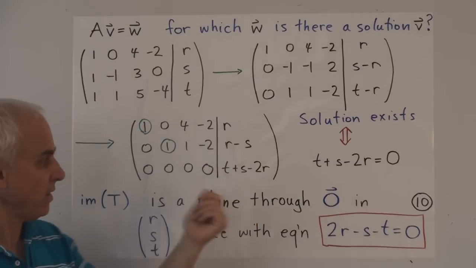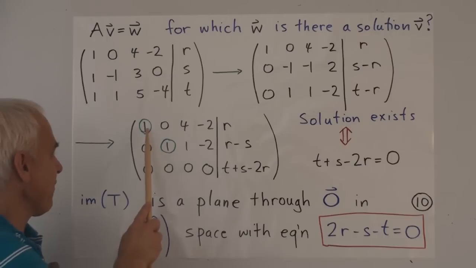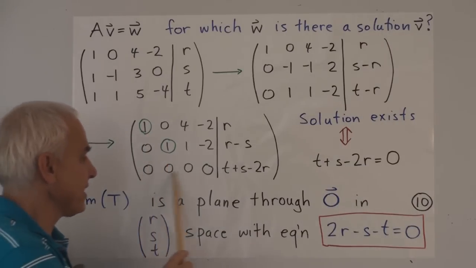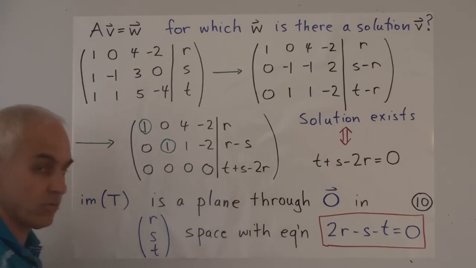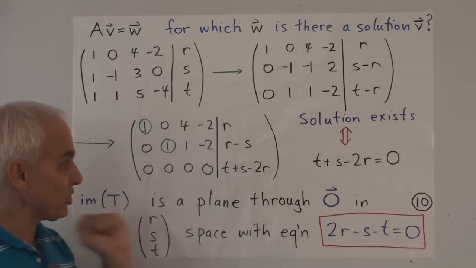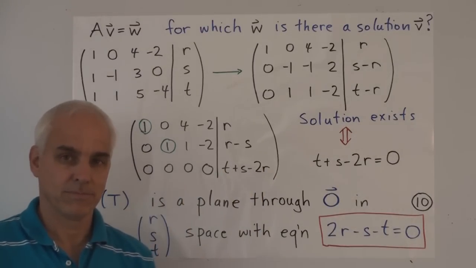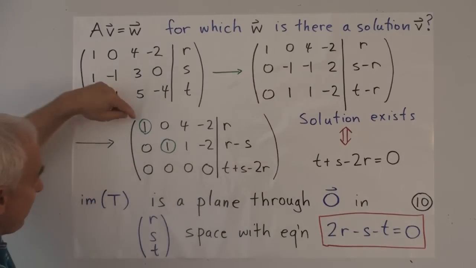It's now ready to read off whether we have a solution or not. We have our leading entries staggered here, and we have this last row with this entry here which we don't know what it is. It's in terms of our unknown numbers t, s, and r. But we can say that a solution exists precisely when this number is 0. If this number is 0, that's a row of zeros, which doesn't matter, and then the